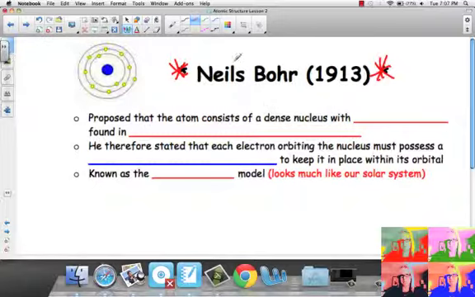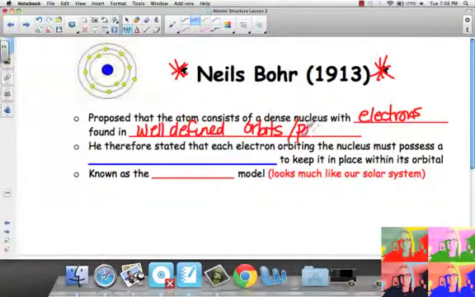So, moving on to Niels Bohr, looking at Rutherford's work, he proposed that the atom consists of a dense nucleus with the electrons found in well-defined orbits or paths. So he therefore stated that each electron orbiting the nucleus must possess a definite amount of energy to keep it in place within the orbital. And this